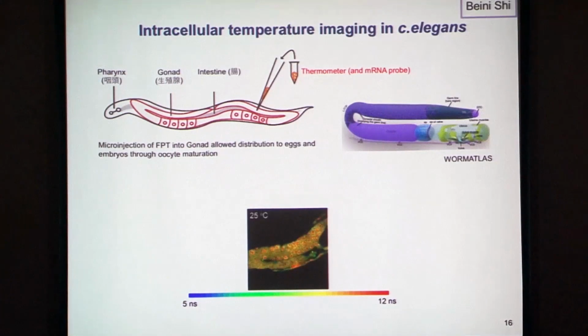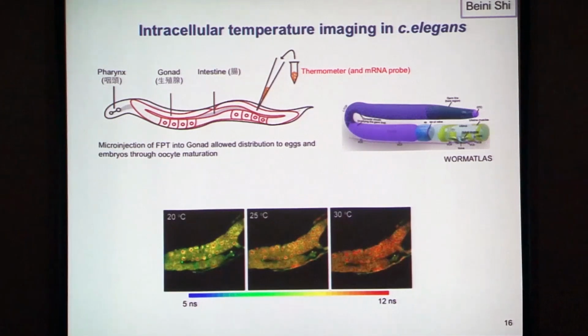And furthermore, we introduced a thermometer into the C. elegans to understand the temperature distribution at the individual level. By introducing a thermometer into the gonad, we just wait for this probe to distribute evenly throughout the oocyte. So this is a fluorescence lifetime image at each temperature. You can see that as the temperature increases, the fluorescence lifetime of the thermometer becomes longer,